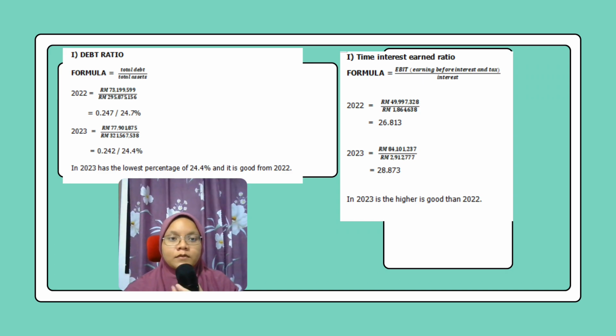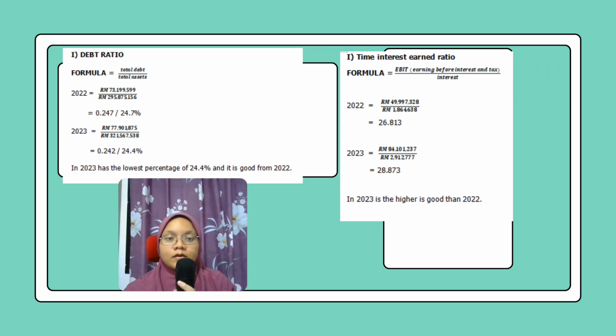For the calculation of the debt ratio, the formula is total debt divided by total assets. So we move to 2022: RM 73,199,599 divided by RM 295,875,156, and the total is 0.247, or 24.7%. For 2023, RM 77